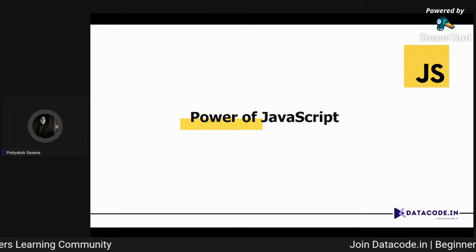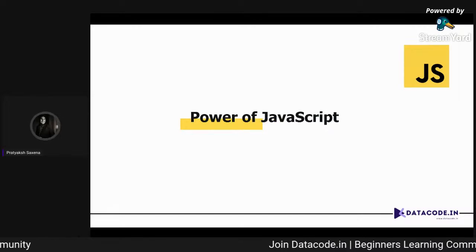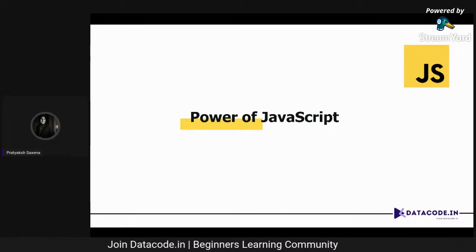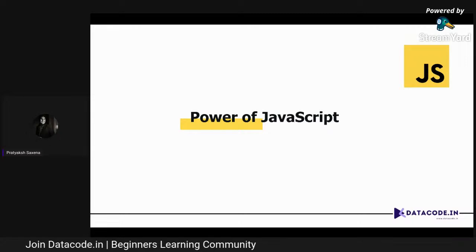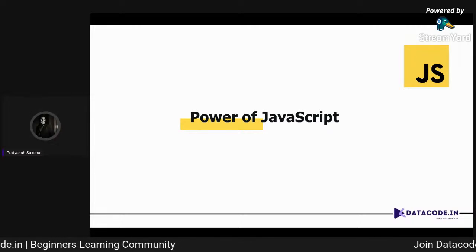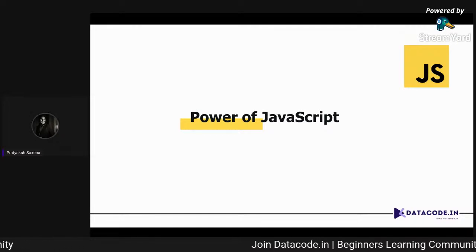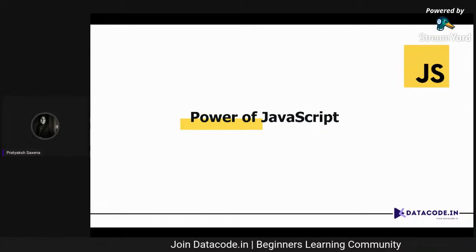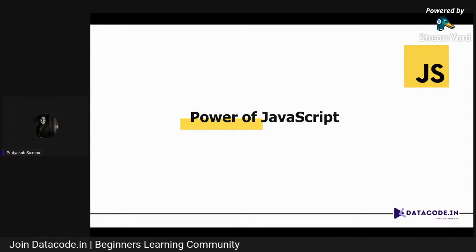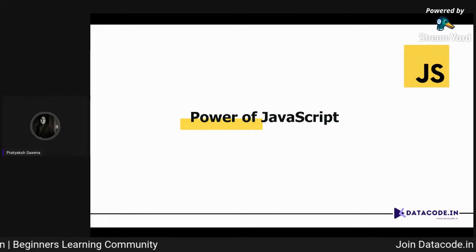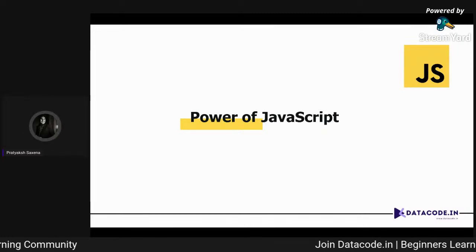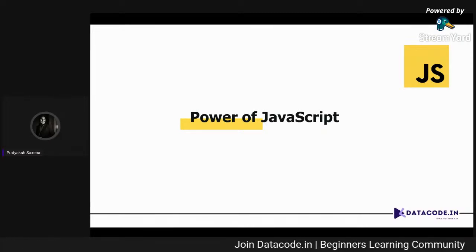Not only text, the power of JavaScript is that you can pull the JavaScript out of the web browser. A decade back, JavaScript could only run on web browsers. So let's say we have Chrome. If you want to use JavaScript, all you can do is go on a web browser and only there can you access JavaScript.